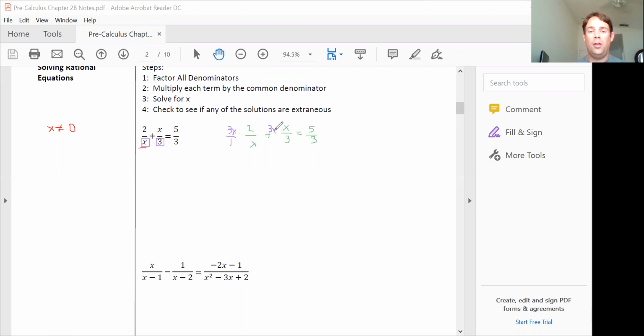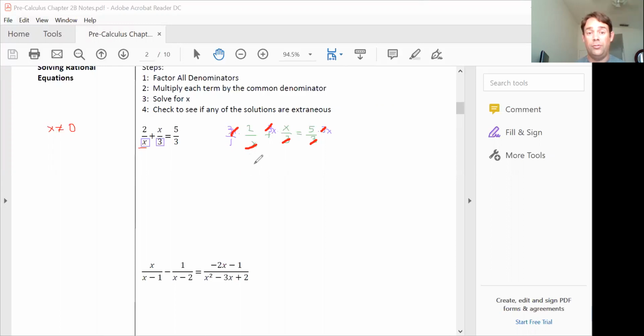So I'm going to multiply everything by 3x, because on an equation, whatever you do to one side, you do to the other. Notice what happens here. My x's would cancel out here. My 3's cancel out here. And my 3's would cancel out here. And I'd be left with